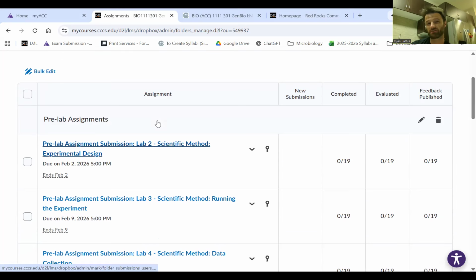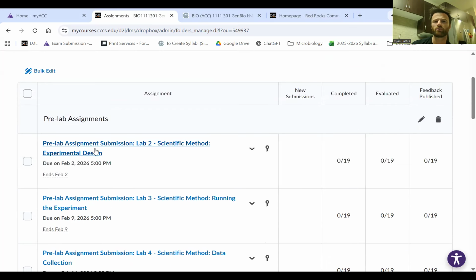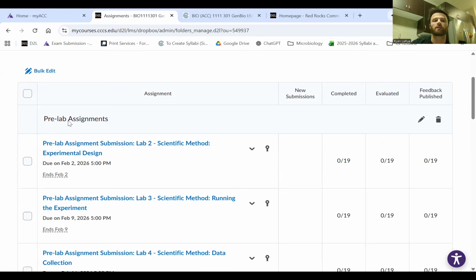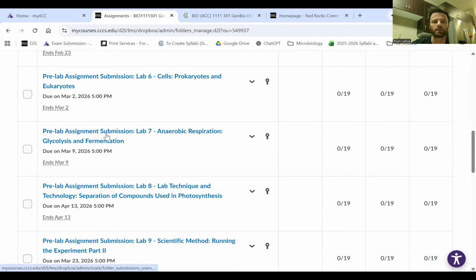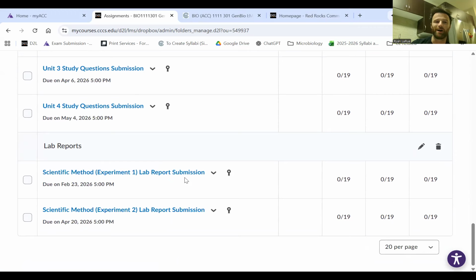Now, the instructions for the assignments and everything are back on content, but assignments is really where you can submit your completed assignments. Pre-labs you can submit here, and study questions as well, and lab reports.